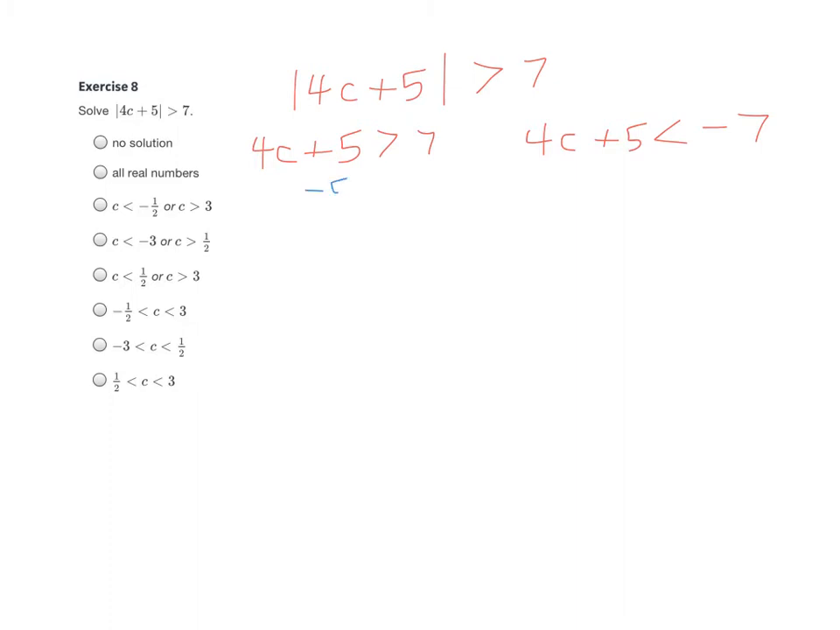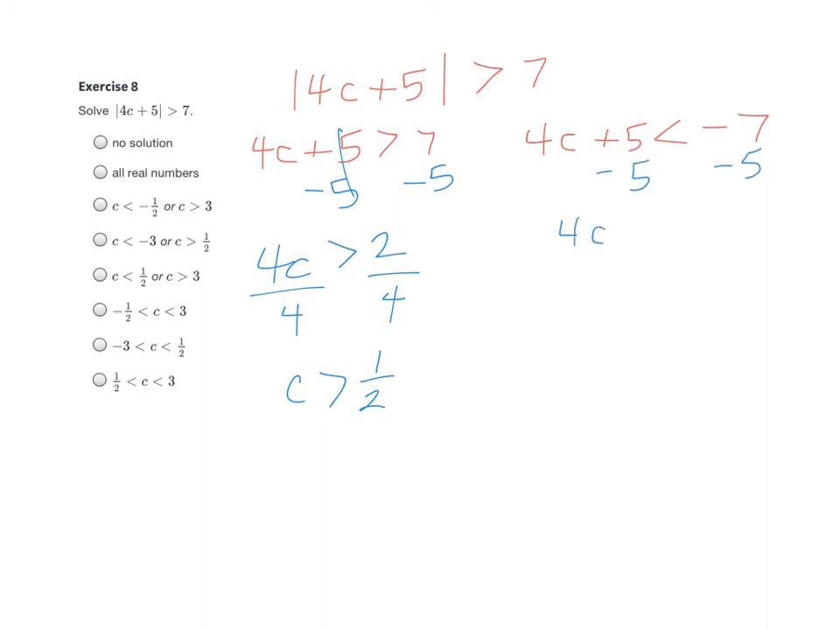So if I minus 5 from both sides, I get 4c greater than 2. Divide both sides by 4. C is greater than a half. Over on the right side, if I minus 5 from both sides, I get 4c less than -12. Divide both sides by 4. I get c less than